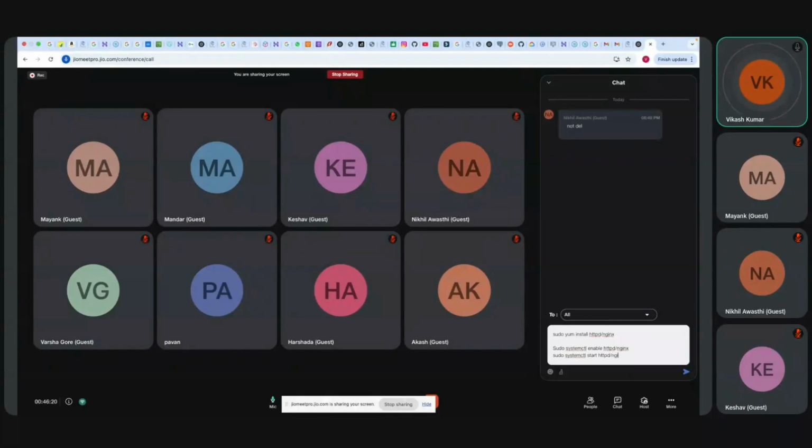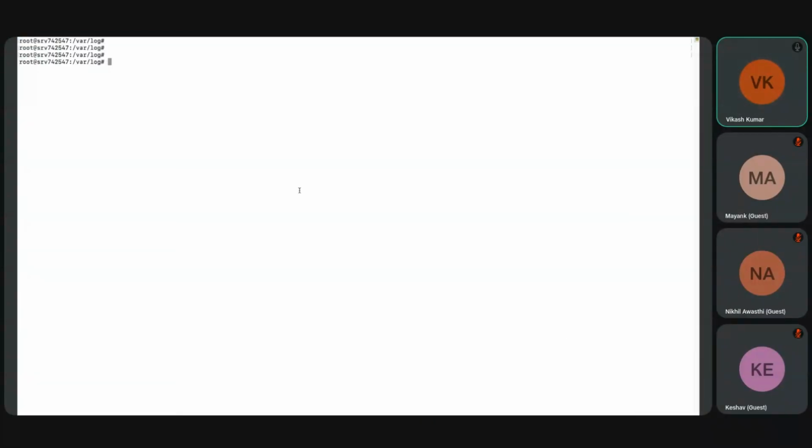httpd or nginx. Then you have to write, just to cross verify, status httpd or nginx. So these are the commands. We can first check if the HTTP server is running or not. Then this systemctl status httpd will work. Right. So suppose I just check systemctl